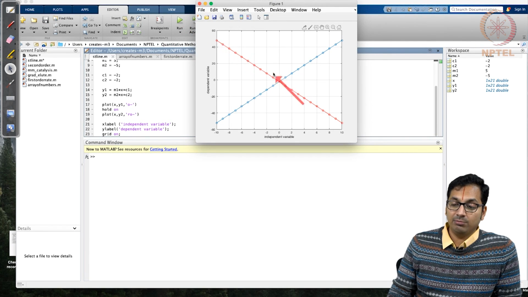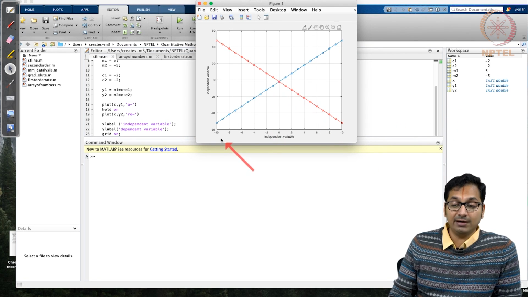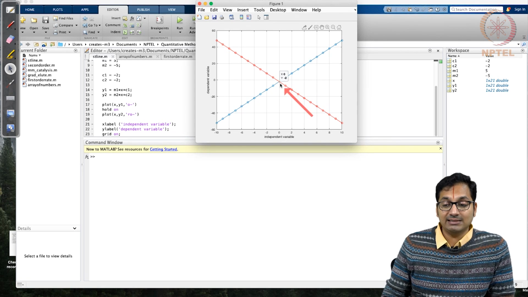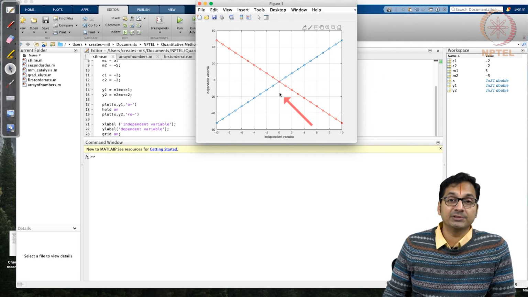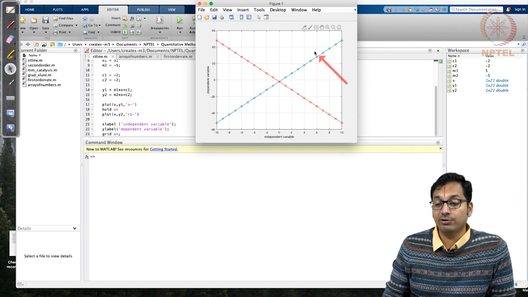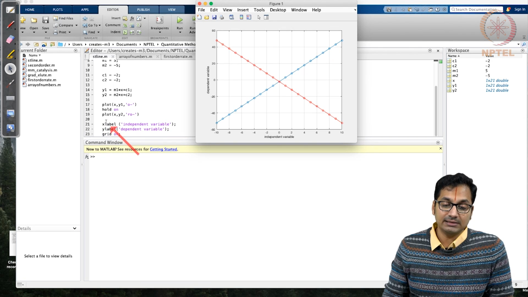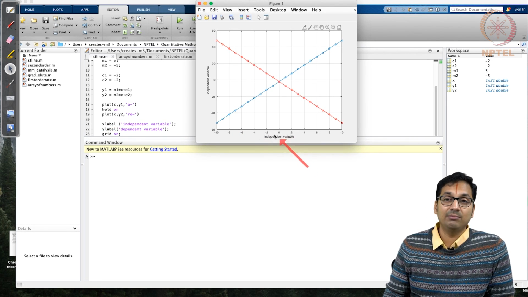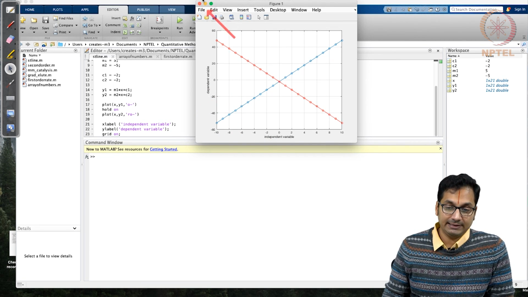When you run, what you are able to see, of course this time we have plotted between minus 10 and plus 10, we have generated x between minus 10 and plus 10, and what you are able to realize is that the intercept is exactly the same while the slopes are same in magnitude but opposite in sign, and therefore you get something like this. And also what you are able to realize is that x label and y label have also been given, where the x label here is an independent variable while y is a dependent variable on x.